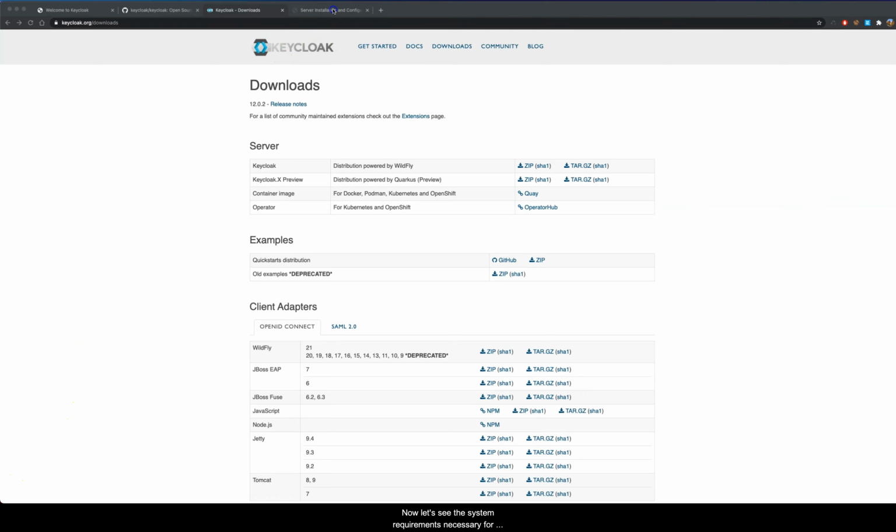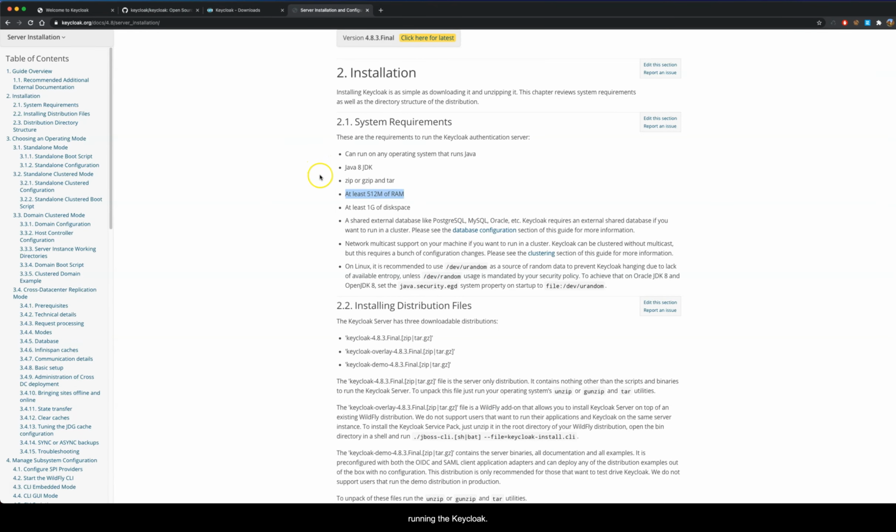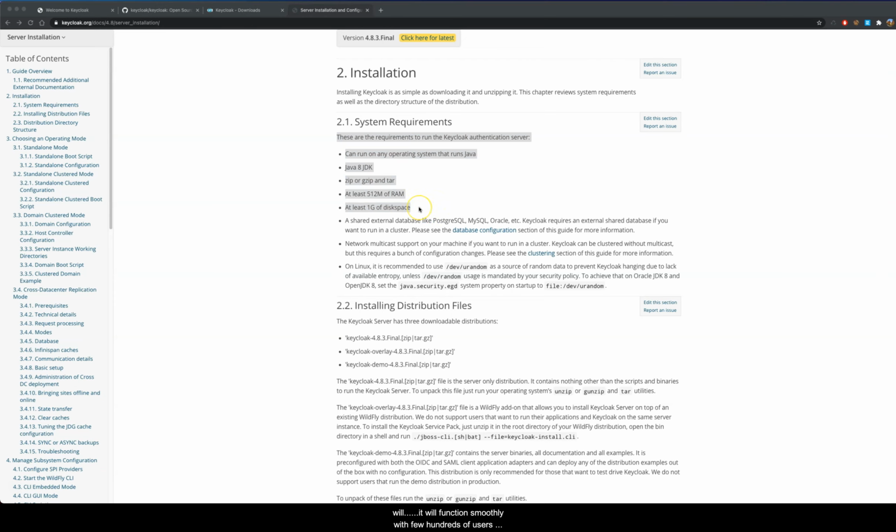Now let's see the system requirements necessary for running Keycloak. Here are the system requirements for running Keycloak software smoothly. In my experience, I have always given 1 core CPU and a minimum of 600 MB of RAM, and it was enough to play around with Keycloak. Of course, if there are not millions of users involved, it will function smoothly with a few hundred users with